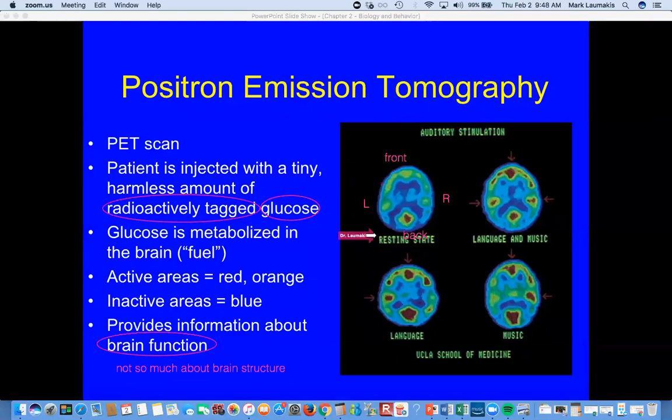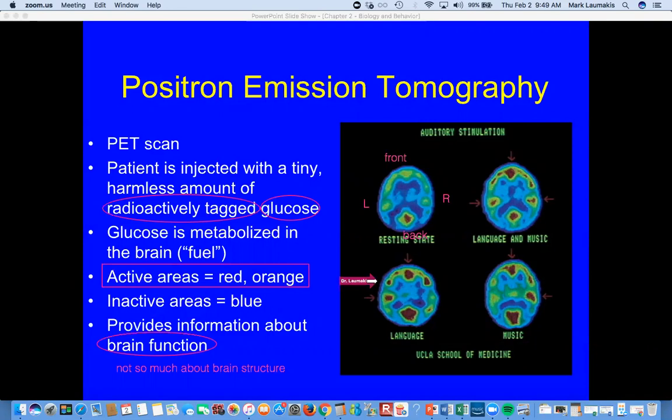What we have, in terms of the logic here, is a baseline resting state in the upper left side. Okay, so you're in this PET scan machine and you're taking just your time getting oriented to the task. And then we have you do different auditory stimulation tasks. You're listening to language, you're listening to music, or maybe you're listening to spoken words with music playing in the background. And what I want you to notice, again, in terms of the logic here, the active areas are the reds and the oranges. So when we look at these other 3 quadrants, after we take out the baseline information here, let's see what becomes more active.